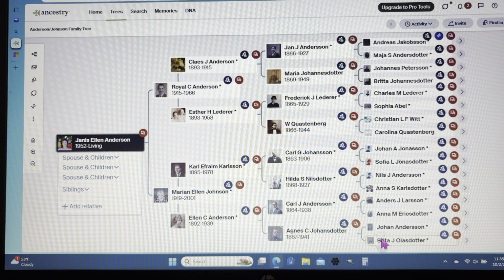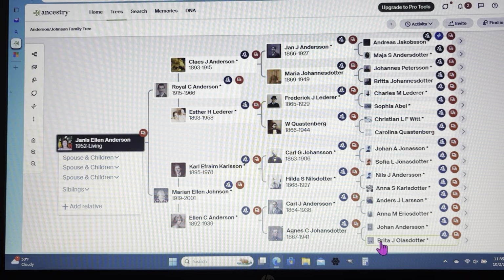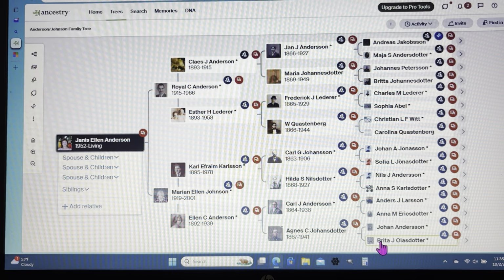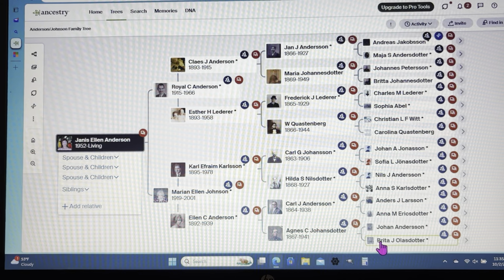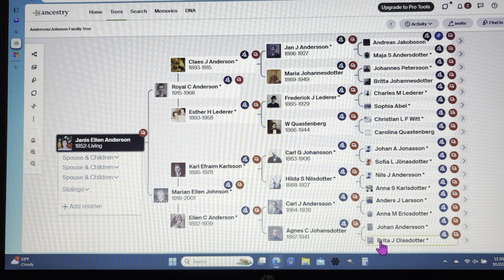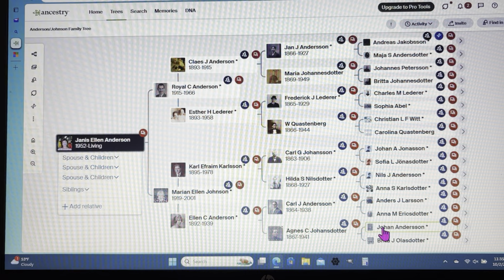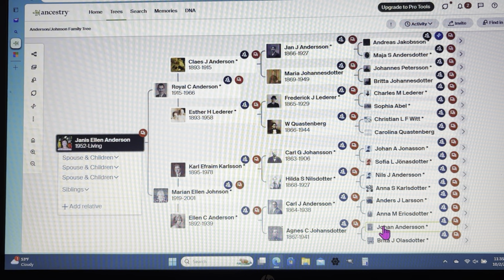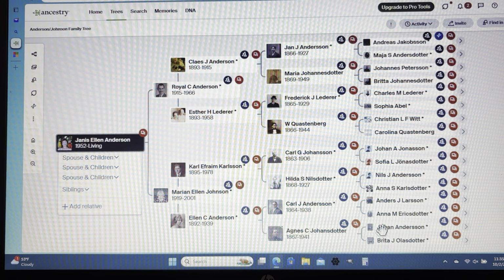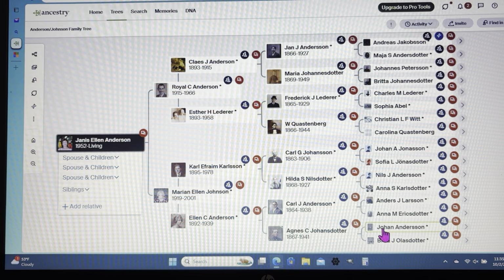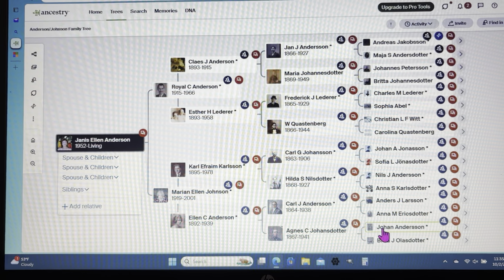But somewhere along the line, as that was going on, Britta decided to come to the United States with the rest of her children. I don't know if family members sent her money, or maybe she suspected he'd been on his own long enough. I better go check. So she comes to the United States, and he comes back to Jamestown then, and they lived together for I don't know how many years. I could look at their files and maybe put that together, but they were together for a number of years.